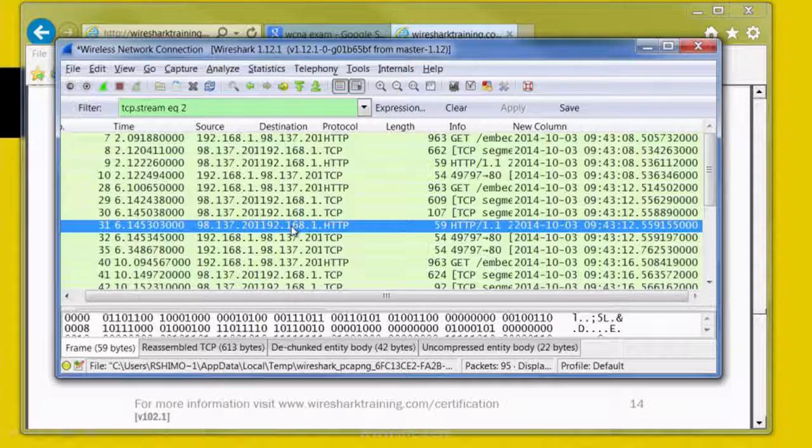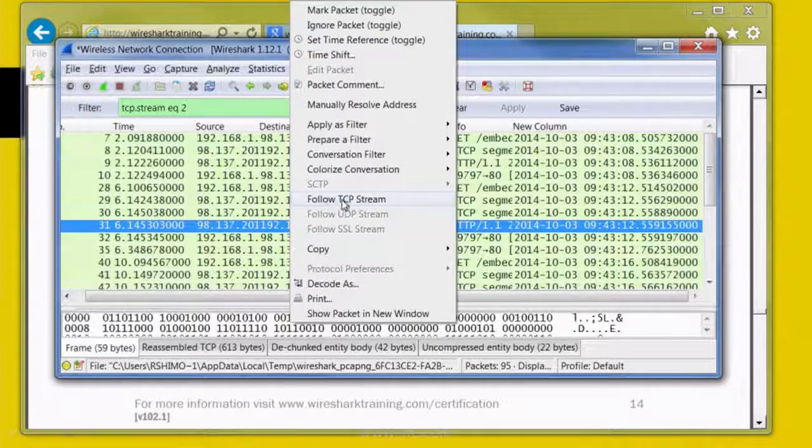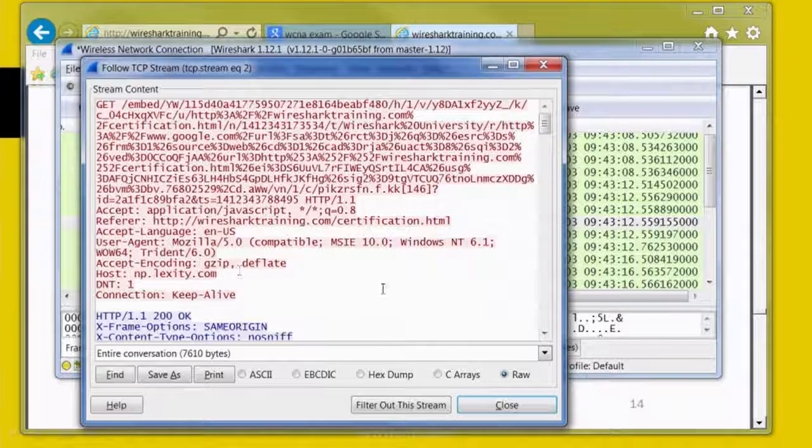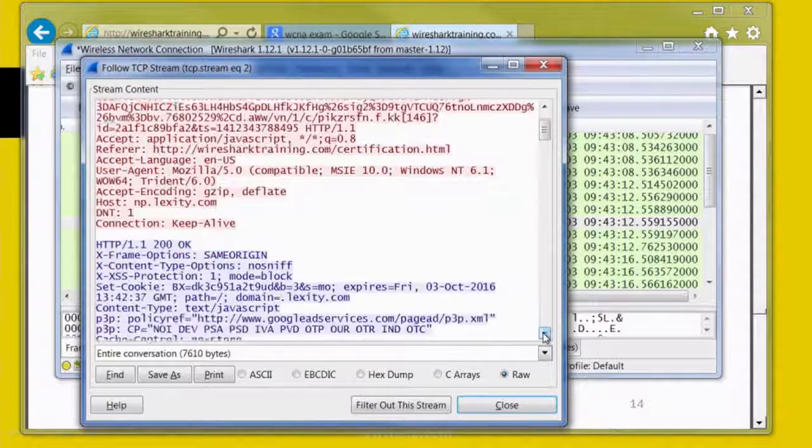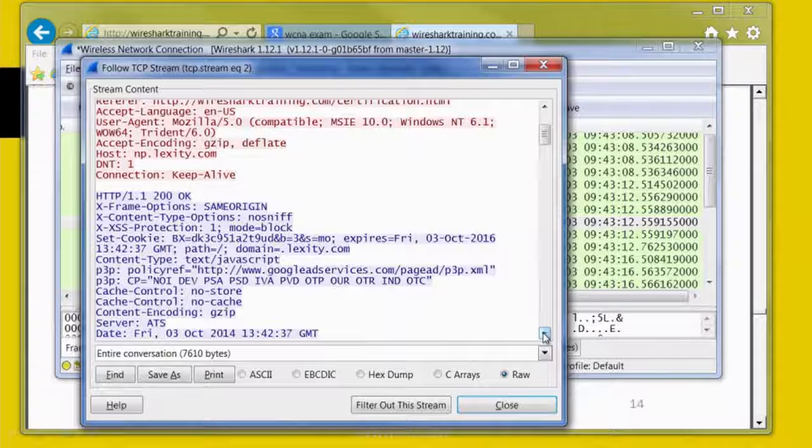I'll give you an example here. You think you have a proxy issue and you want to see if the data is cached or not. You could follow the HTTP data by following the TCP stream and taking a look at some specific data that will tell you, okay, this is HTTP communication, 200 code,